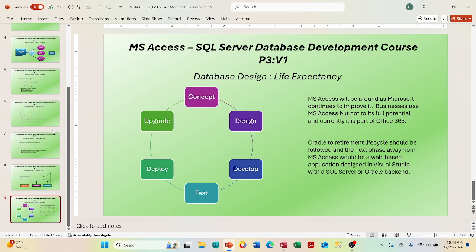Once you reach the next phase away from this, when you can't do this anymore, and I've seen people do it, I've been part of it in industry, you work with Visual Studio to design a web-based application and then use either SQL Server or Oracle as a back end. I'm going to forewarn you that while a web-based application is nice, it takes a lot of work because you have to work with GitHub or something that will store all of your code in branches. Once that code has been verified and is good, it can be merged. But it's a lengthy process. It's a costly process in many ways because